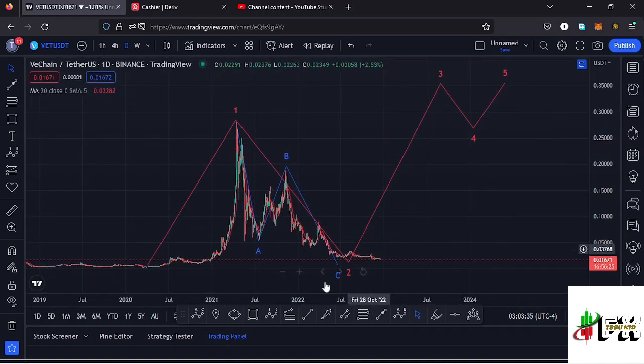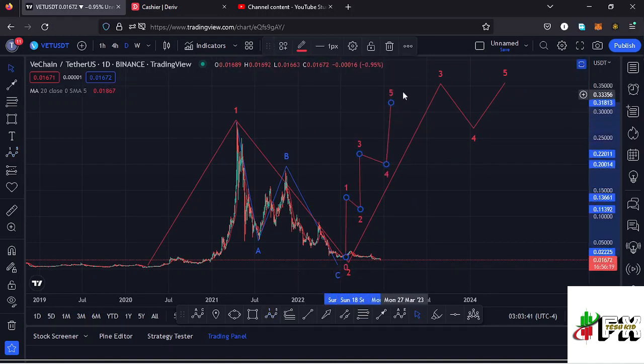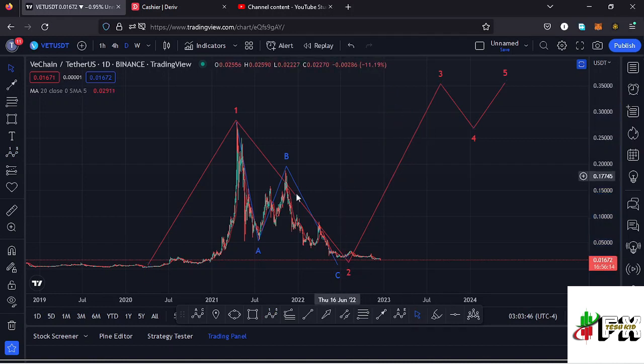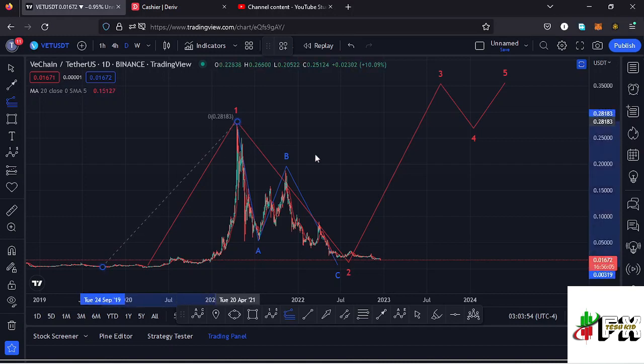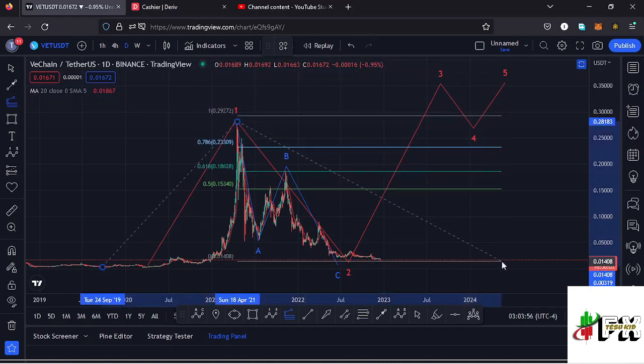Because a wave 3 is an impulsive wave, we also expect to see fractal waves in formation like that, having the wave 5 completing the formation of that higher Elliott wave count 3 to the upside. Sketching out a minimum target area to the upside in the formation of this wave 3, I use a trend-based Fibonacci, connecting it from the low of the first wave to the high of that wave 1, then dragging the fibs to the low of the second wave.